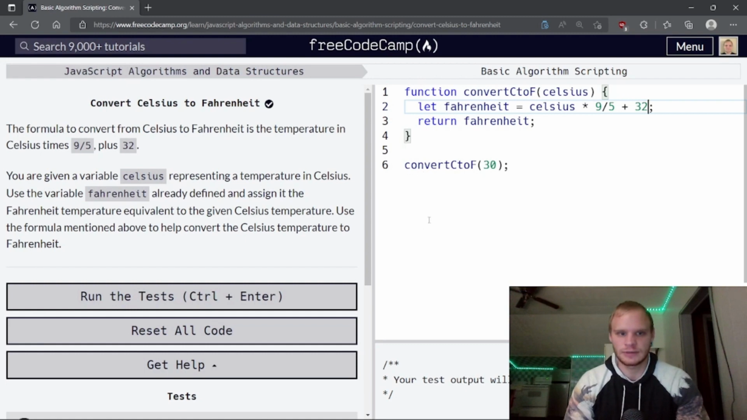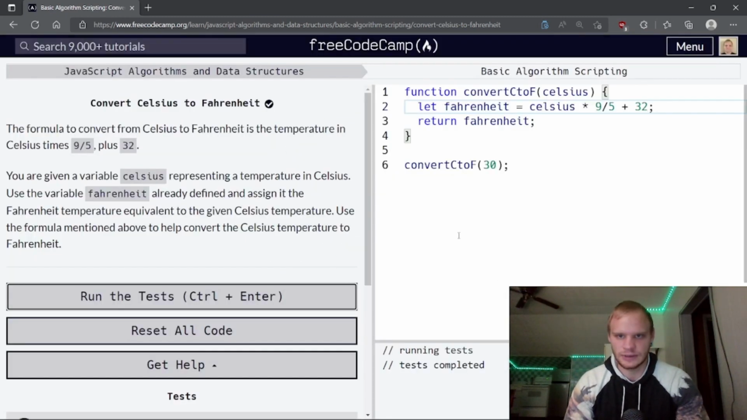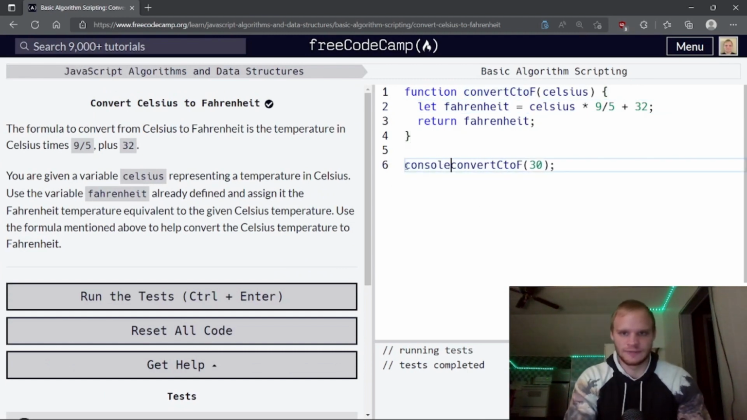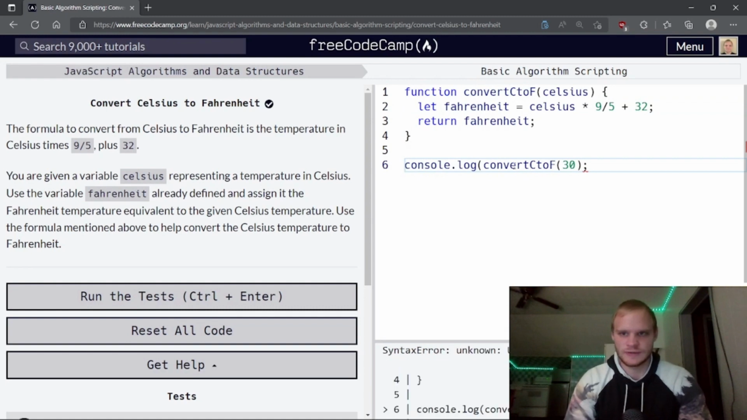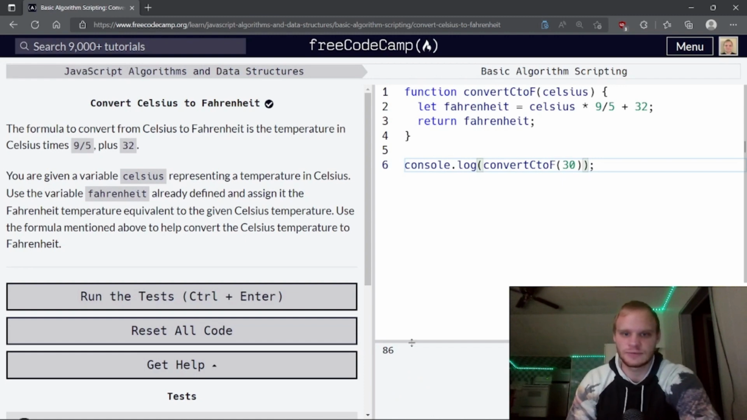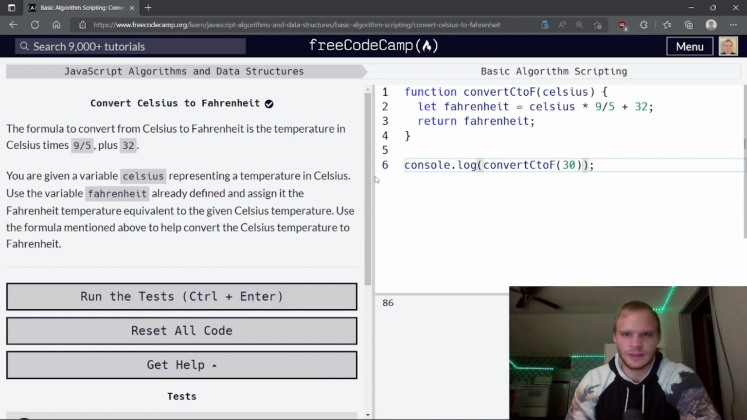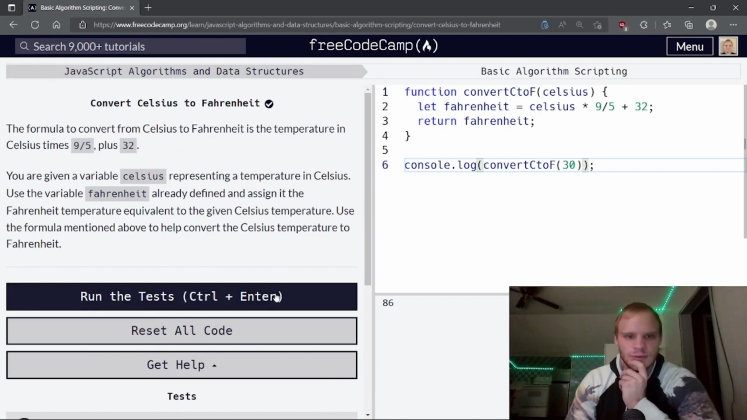And I think it will console log it. I guess not. I thought it would console log. Only if I console log the convert C to F will it show up down here. Otherwise, it doesn't. So just keep that in mind as we do these. I mean, you should be able to just run the tests though. I could do them like this, or